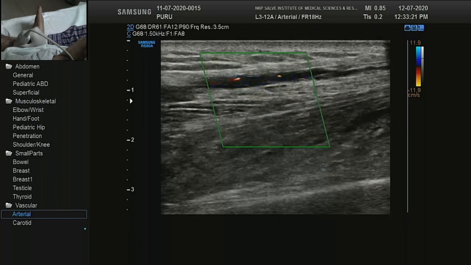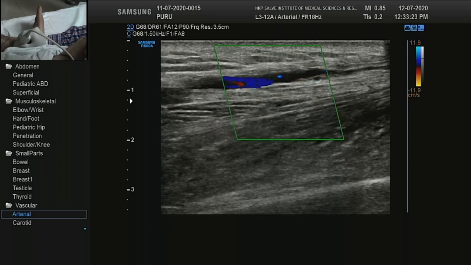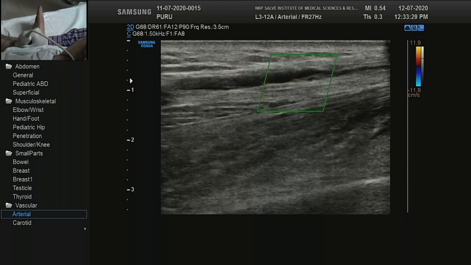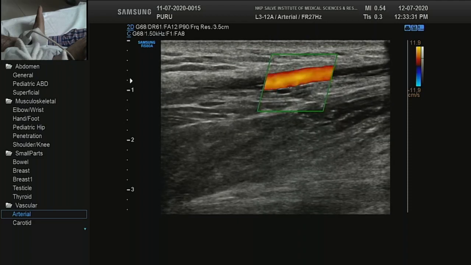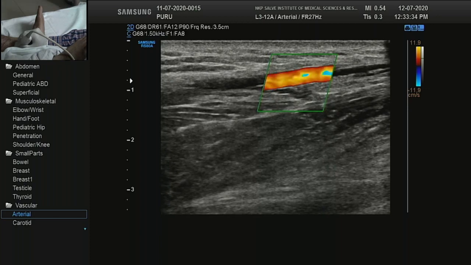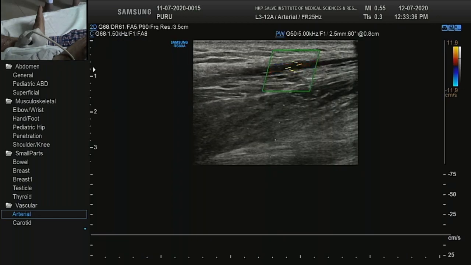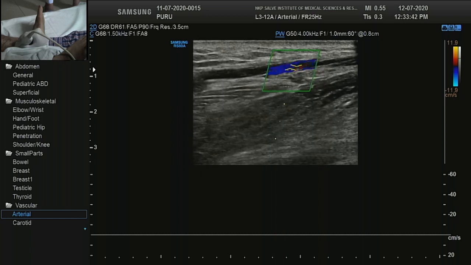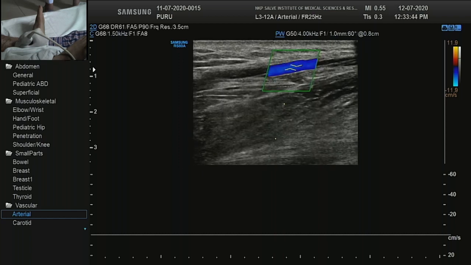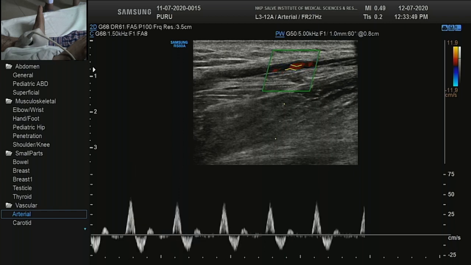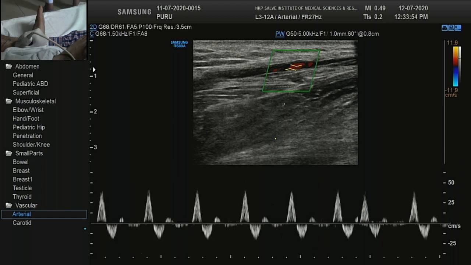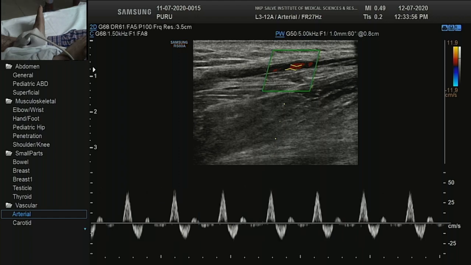In this section we are not able to see nicely, so get a steering inward so that the angle is reduced. You get the information in a correct fashion. We are visibly on color Doppler, we can make an impression that it is a triphasic flow, but still confirmation has to be by color Doppler. Reduce the sample volume. You need not need angle correction if you don't want to measure the velocities. So this is the information we got. Nicely triphasic flow. He is a young man, healthy man, so you can see it very nicely.